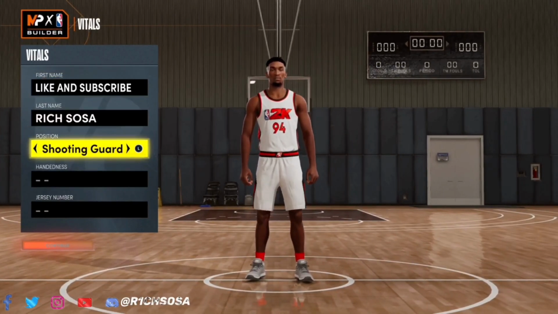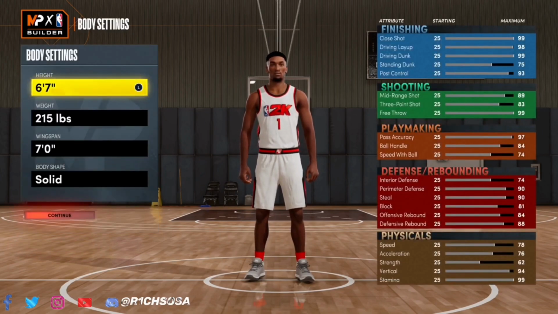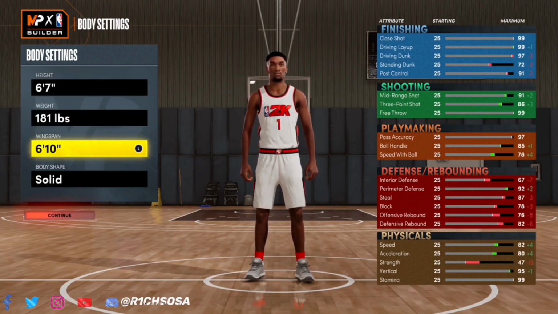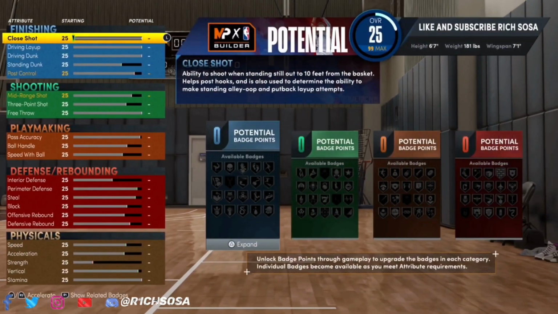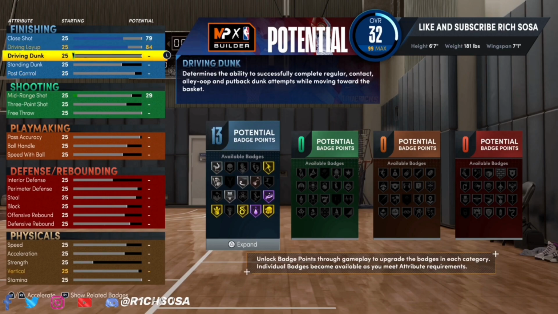Now, as y'all can see by the looks of the title and the screen, today I'm going to be bringing y'all the top 3 most rare, best small forward builds on NBA 2K22 next gen. Now, coming up at number 1, I'm going to bring y'all my personal favorite two-way pass first wing. So we're going to go ahead and make this build at 6'7", when it comes down to the weight, 181